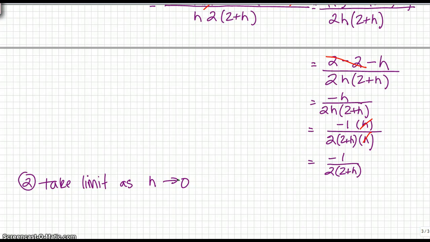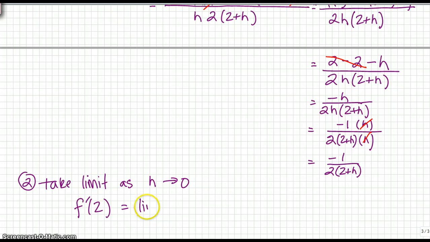Use that arrow to kind of mean "as approaches." So if h is getting closer and closer to 0, what do I do now? Well, now I just get to plug in for h. There's no problem just plugging in for h. And if I do that, that's going to tell me that f prime of 2, that quantity that I'm trying to do,